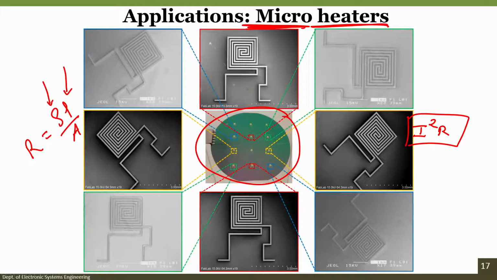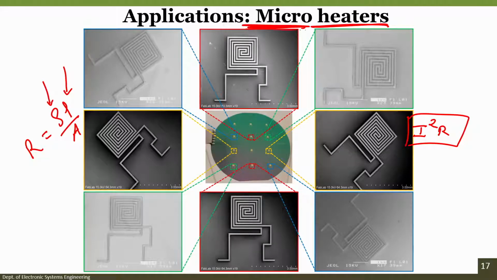See here 1, 2, 3, 4, and you have 3 rows or 3 columns and 4 rows, right. So, you have 12 micro heaters fabricated on a 2-inch silicon wafer. So, if I have a 4-inch silicon wafer, if I reduce the distance between two patterns, I can fabricate a large number of micro heaters on the single substrate. So, how to fabricate this micro heater is very simple. I will teach you in one of the classes, alright.